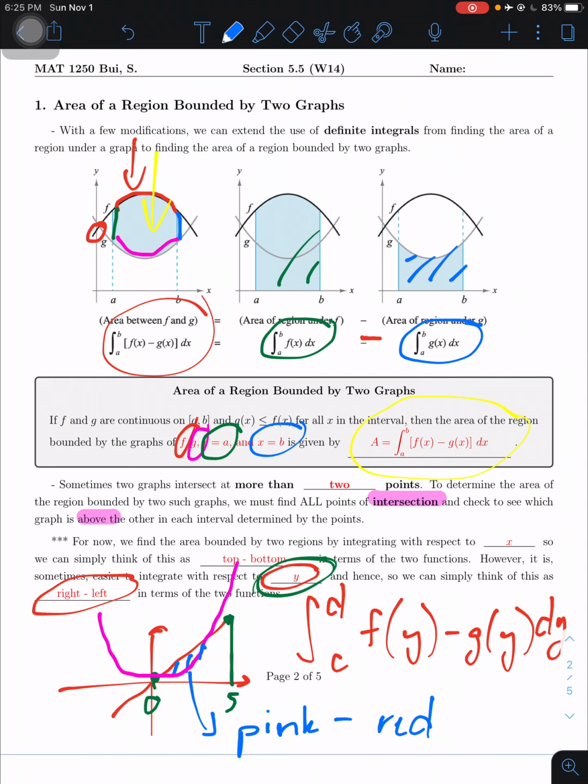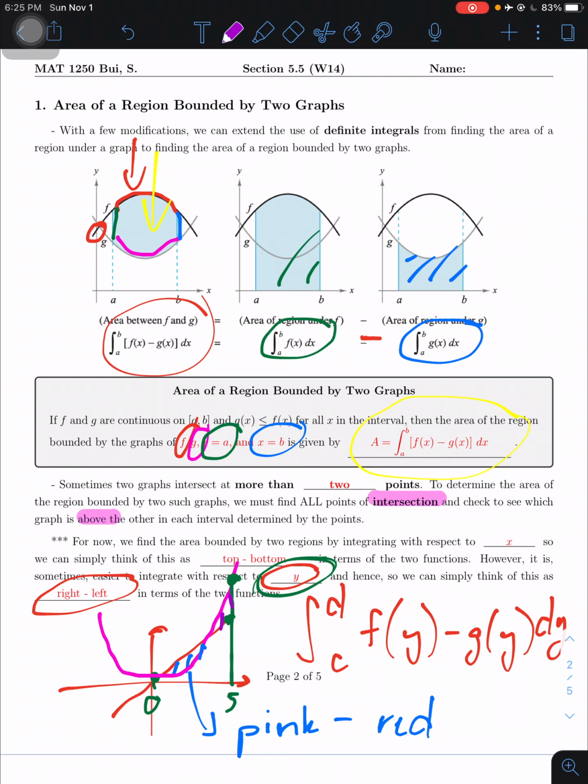Then let me extend the 5 over here. So this is also another intersection of the line x equals 5 with both of the functions. Then the purple area in between equals